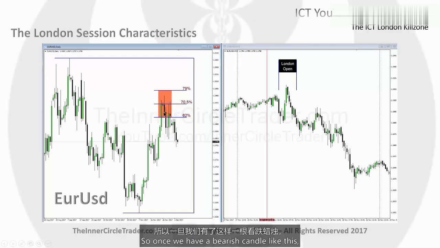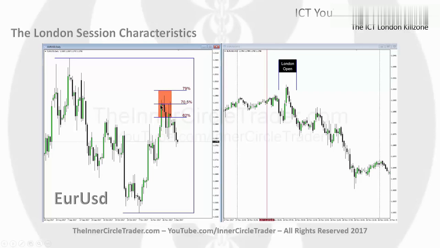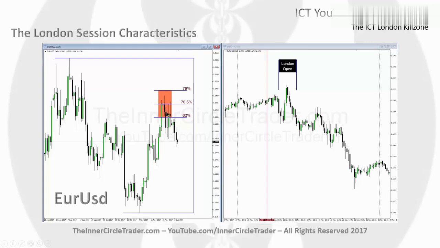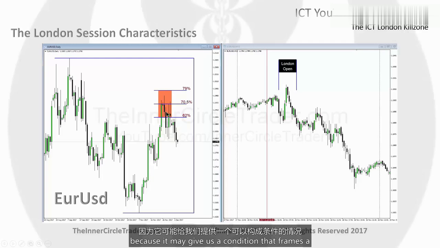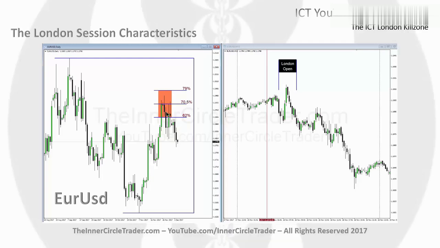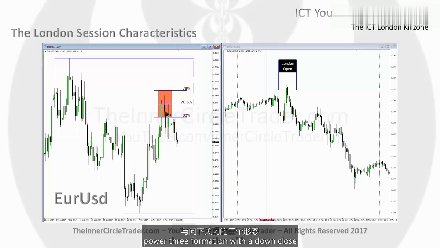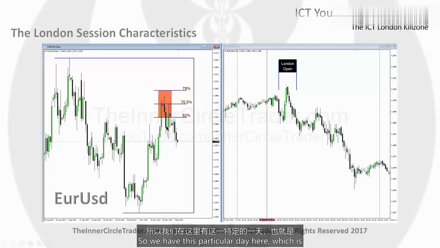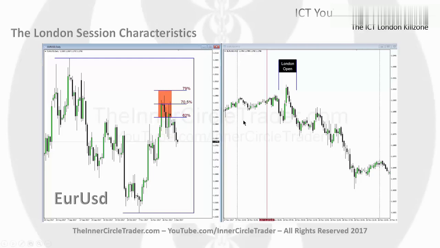Okay, so once we have a bearish candle like this, and we're inside the area of optimal trade entry for a sell, or what would be deemed as a potential sell, the very next candle, we want to study that because it may give us a condition that frames a power 3 formation with a down close relative to the daily chart. Okay, so we have this particular day here, which is the 28th of November,